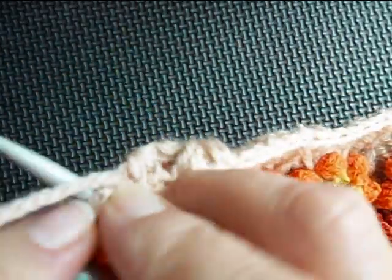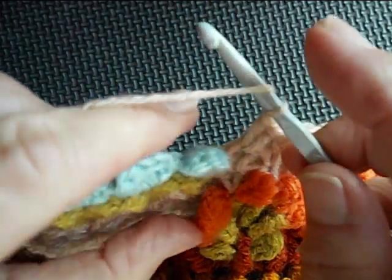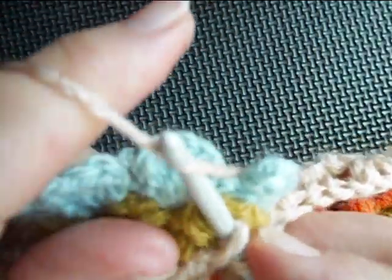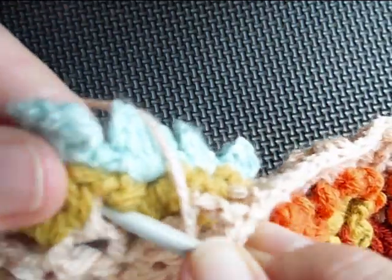Okay, so then we're going to do that. So basically we're doing what we did before. Now we're going to chain 1, yarn over, and we're going to work a double crochet front post over those double crochets. Remember the double crochets that we did way back, and you can actually work in front of your little flowers there. So just make sure you're going into the right place. Going to work double crochet front post, chain 1, and then double crochet. So we're working to those 3 double crochets that we did,